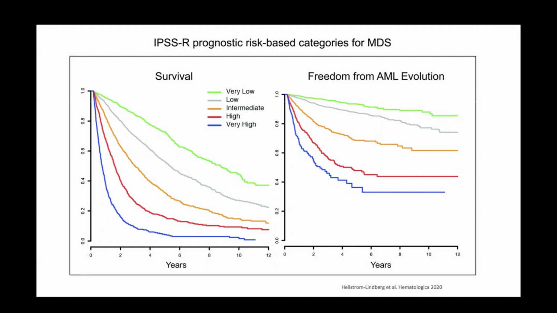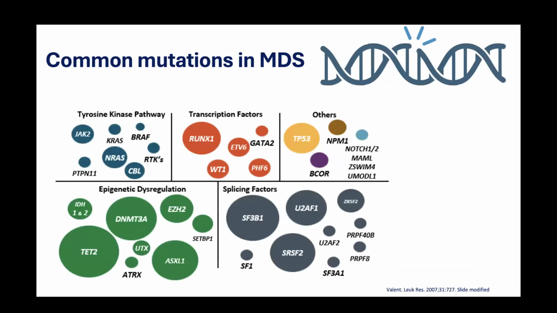So when you ask me how long am I going to live, this is very much dependent on what the factors are. And remember, many people with a higher risk disease might end up living longer or shorter. This is based on medians, or the average. So we're not perfect. We can't tell exactly, but this helps guide us a little bit. And then the figure on the right shows the risk of AML progression or evolution, which again, as expected, very high risk patients will progress more frequently than very low risk patients. So no surprises there.